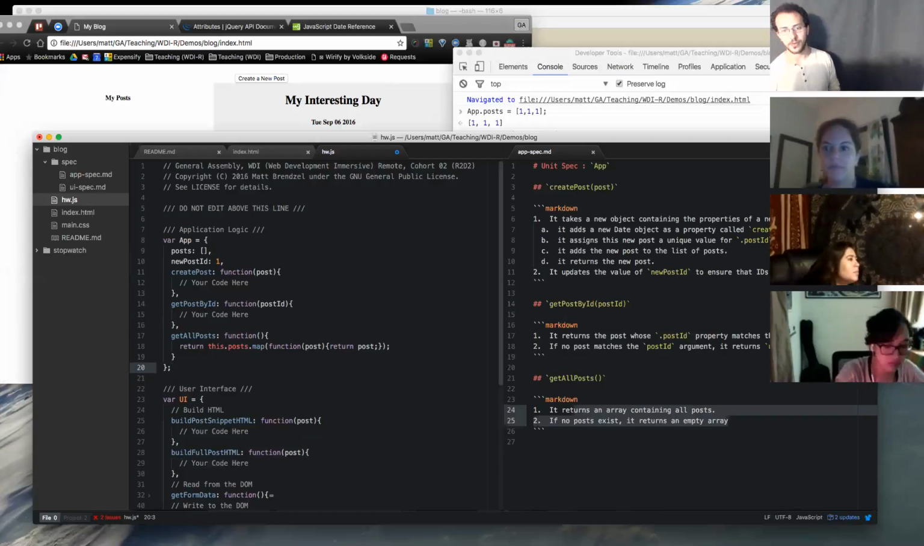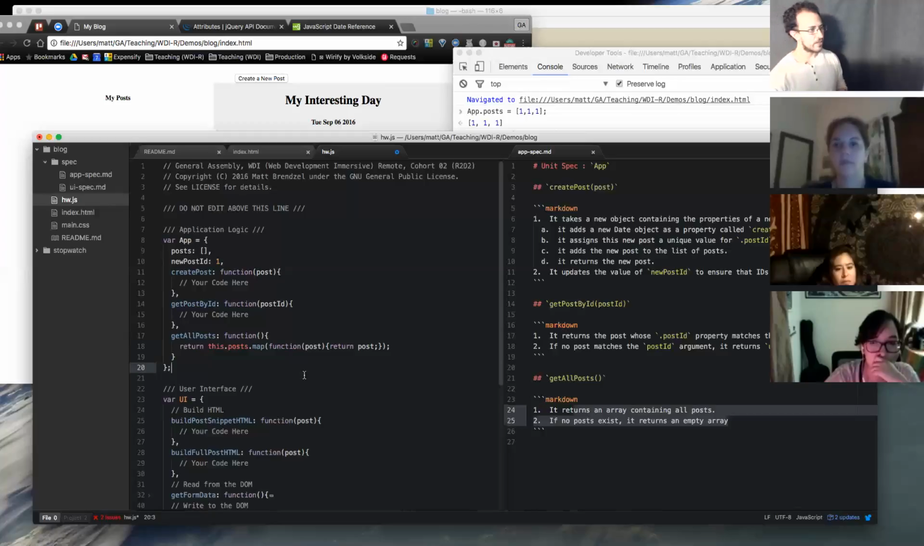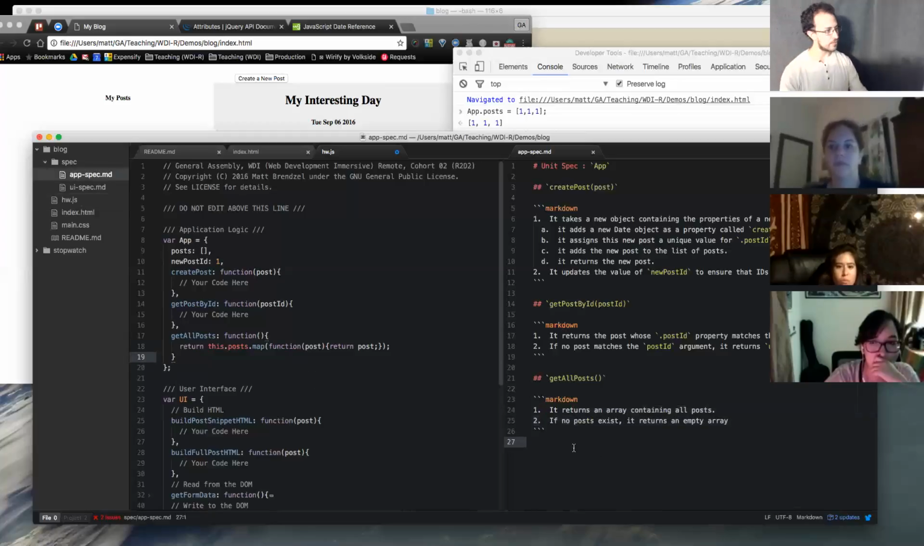What does map do? It puts everything into a new array? Yes. Okay, so why do we care? The reason we care is if we were to write